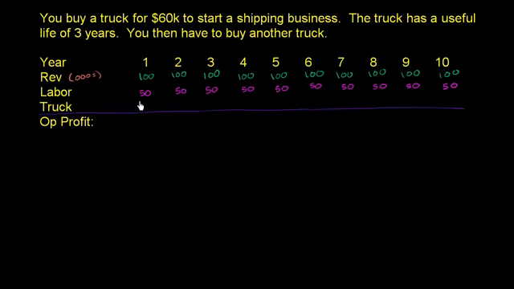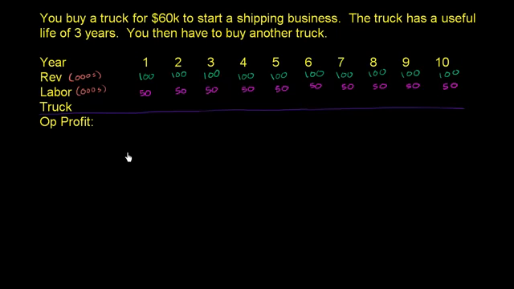And then we have to pay a driver. Let's say that the cost of the labor is $50,000 a year. So once again, this is in thousands. And what I want to address in this video, so this would be a cost. So when you just subtract out the labor cost, you have 50,000 left. And then your other cost is going to be the truck itself. And what I want to think about in this video is how should we account for the cost of the